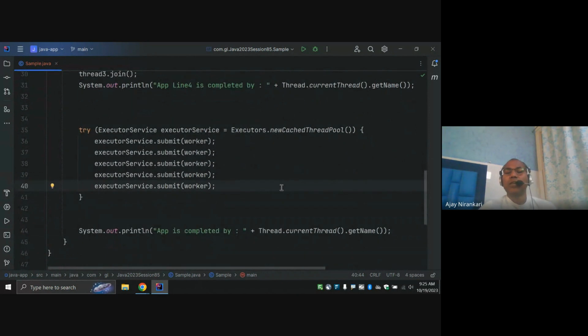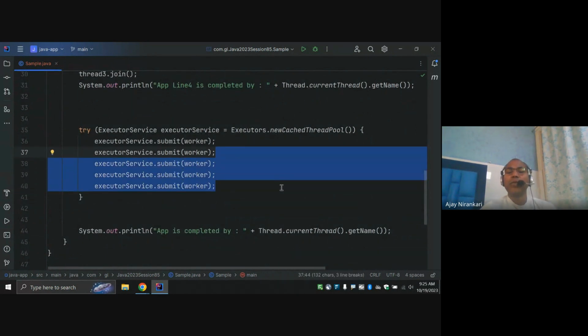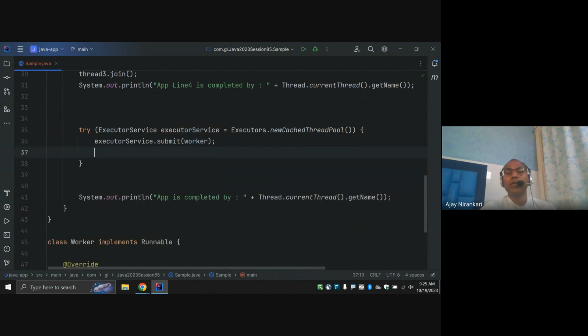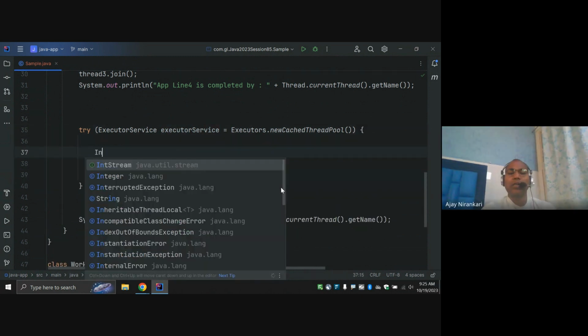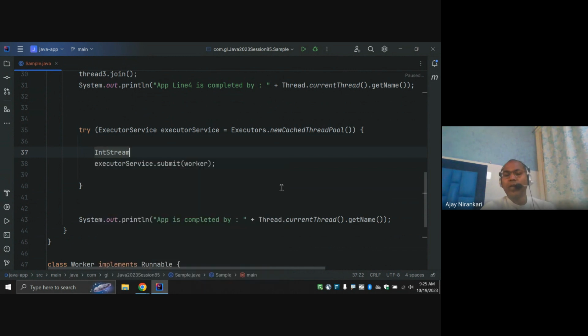Or we can say maybe just like a loop we can start. Whenever we copy paste code, we can do a loop. Let's do the loop. Here you can say, let's say int, manually a for loop, or IntStream you can do. Range, let's give 1 to 10. Okay, I'm going to start